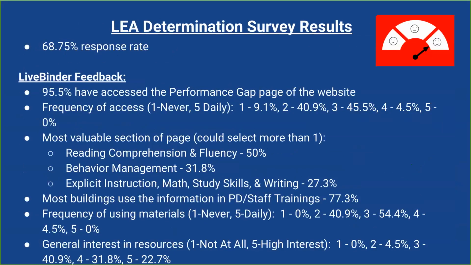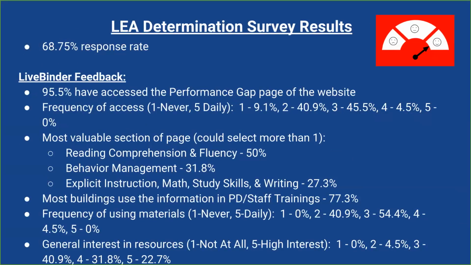The other survey we have going on was the LEA determination survey results. We only had about 69% response, which was somewhat surprising since we asked people to fill it out there, but it is what it is. So overall, for the LiveBinder or the performance gaps that we placed on the website, for the most part, people are accessing it. The frequency of access, we have only about 9% that are never accessing it,